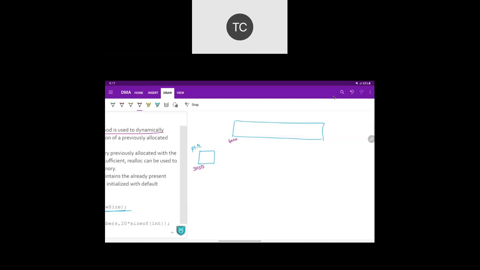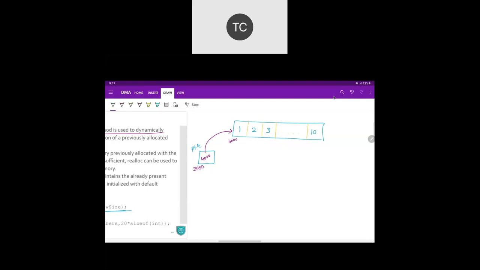And that address you store inside PTR. So the value of PTR is 4000, which means indirectly PTR is pointing to this block. And you have already typecasted that memory, so it contains the number of elements as per your requirement, and you have some values inside, 1, 2, and 3 or something. Let's say we have stored 10 elements there, 1 to 10.